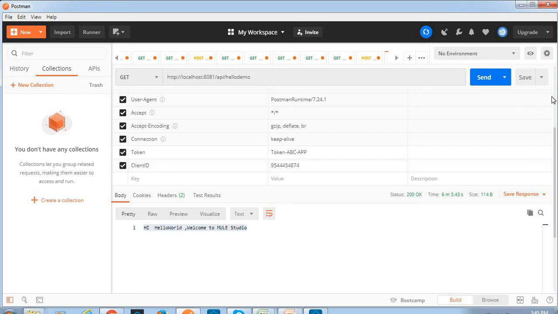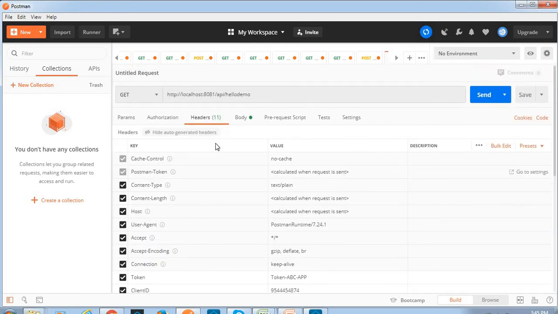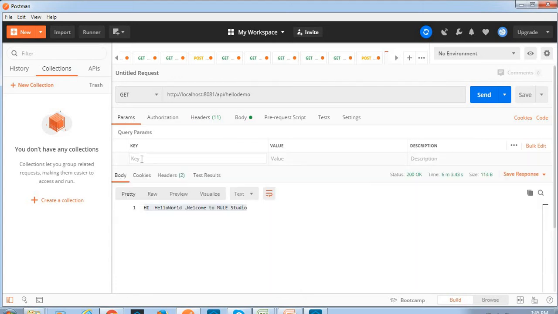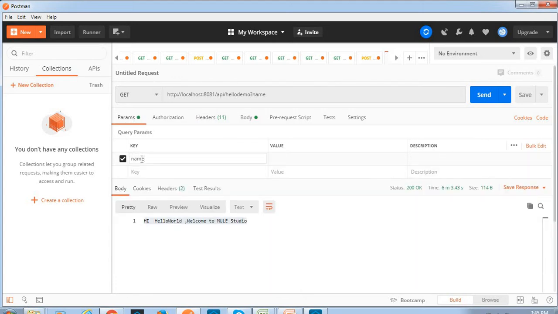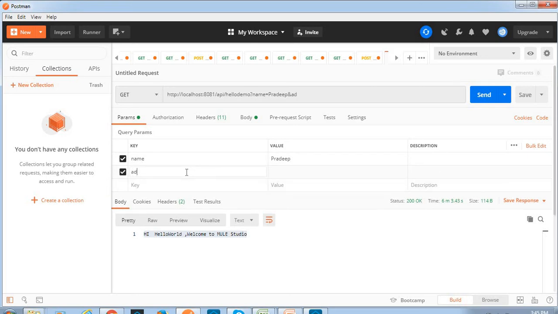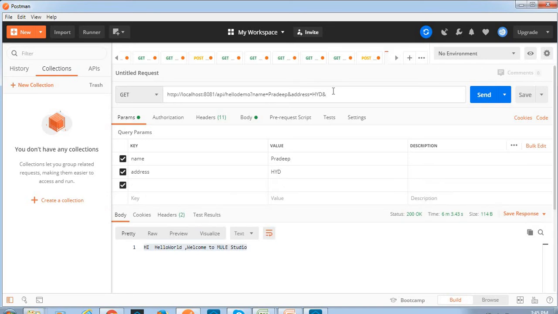Okay, we have added headers. Let me add params. Name. Here we can add Pradeep, name, address, Hyderabad. Otherwise we can add from here also, and